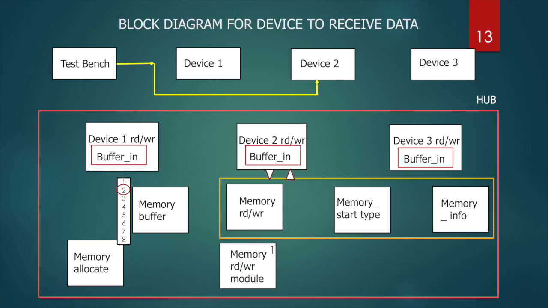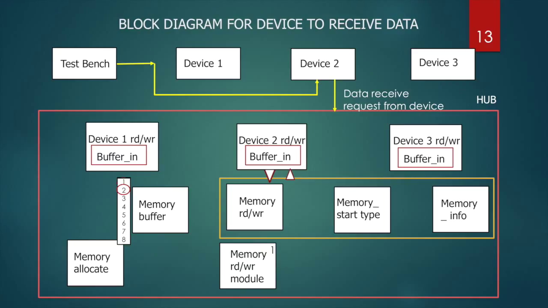So the device will send the request signal to the hub, where the device read write module will have the tag info in the device buffer in D, which will be given to the module mem read write, and according to tag info in mem read write it will go to memory M30 location. M30 memory is also used for storing the 64 tag infos. Then the selected tag from M30 is stored in location 5 of memory buffer as we have explained earlier in